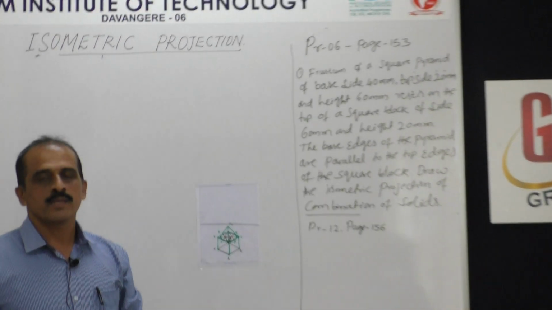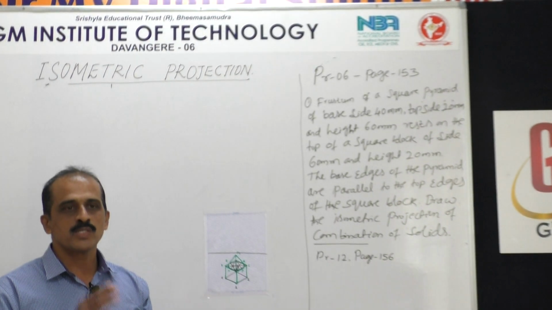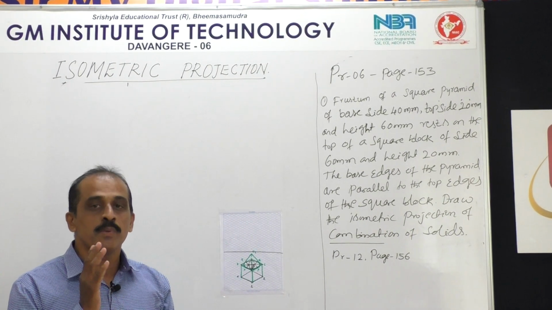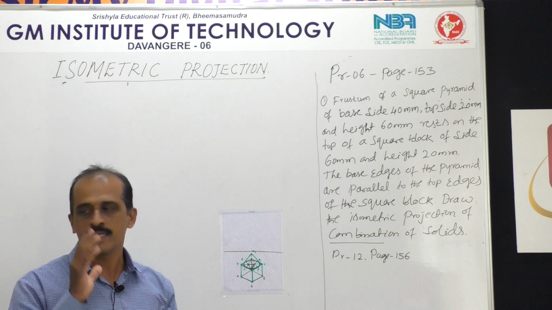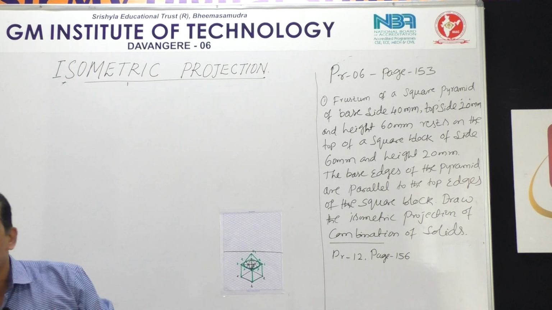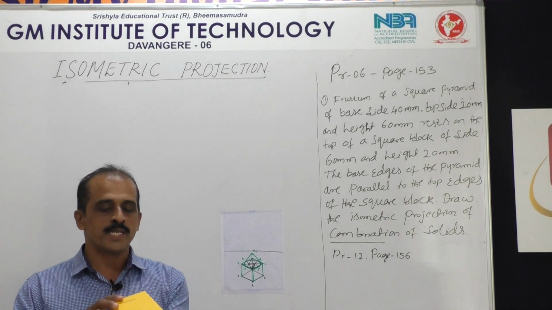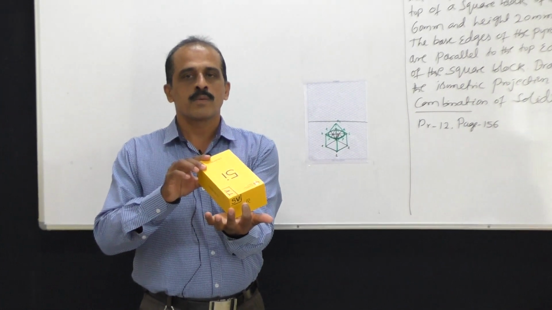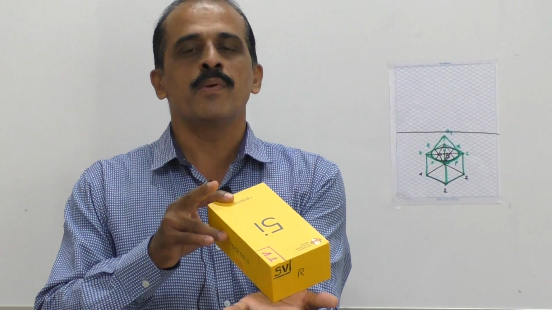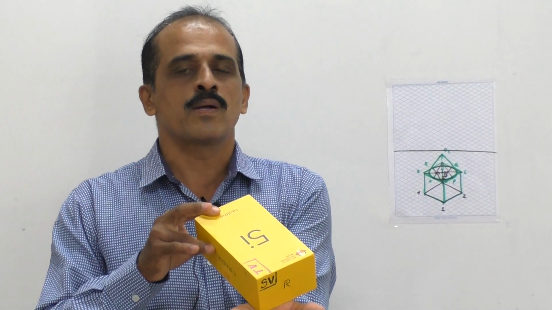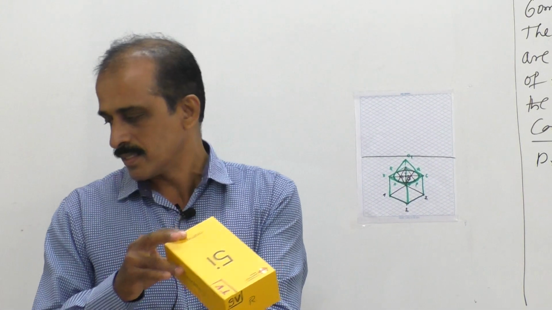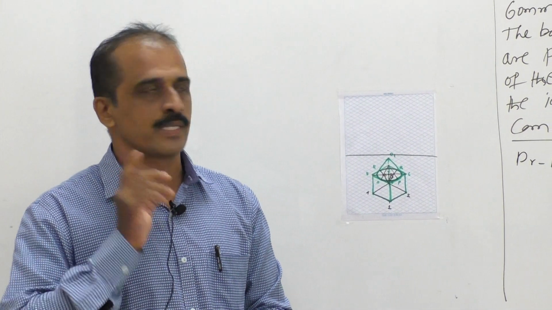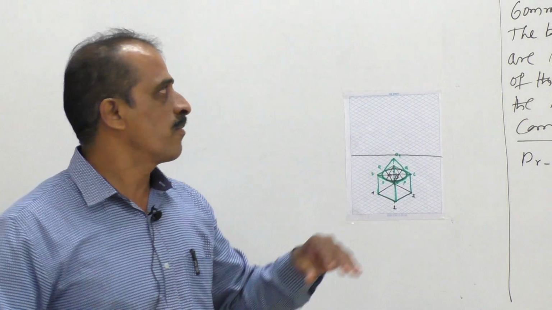I think all of you know that in isometric projection, iso means similar, projection means drafting. Similar dimensions can be obtained in one particular position. I think sir has explained in the earlier sessions that if you tilt an object at an angle of 30 degrees to the reference plane, you can see the top, front and side view at one particular position. That is what is called isometric projection, where all three axes x, y, z will be viewed at one position. So that is exactly the reference of isometric.